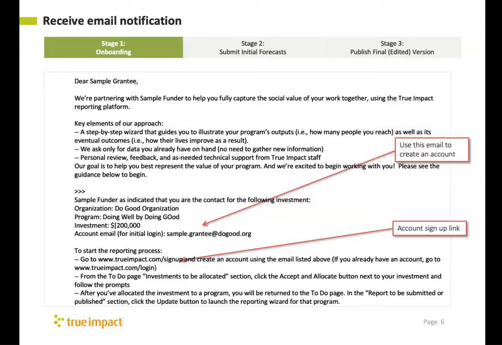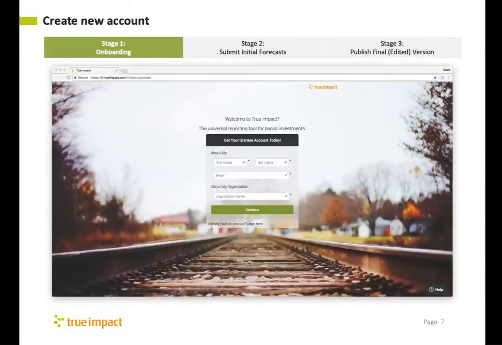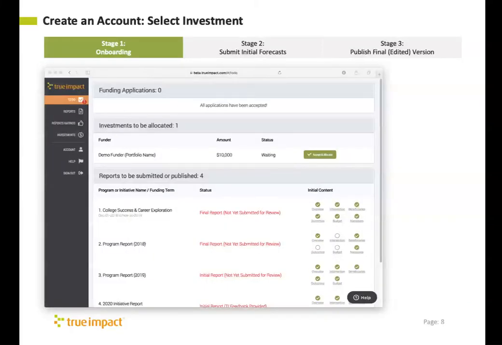So the reporting process begins with an email inviting you to sign up to the platform. The email includes a reporting schedule and a link to a training deck and webinar. It also includes a specific email address. This is the email that you'll use to create the account. You'll go to the new login page and create your account using that same email address and enter into your new account. In the to-do section, there is an investment to be allocated. You'll click the green Accept and Allocate button,